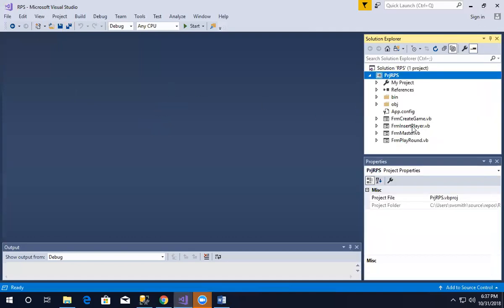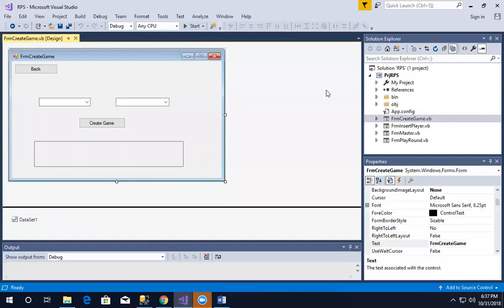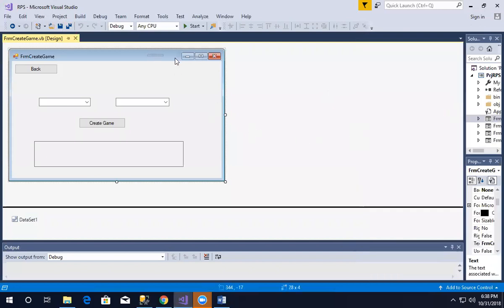Next one is create game. In my create game, I have 2 combo boxes. That is the key to it. Combo boxes populate. So the first combo box, the one on the left, I start with the one on the left. I guess I'm calling that player 1. So I populate the one on the left and then populate the one on the right by what is selected in the one on the left. So the one on the left drives it. And so when it starts, when the form loads,